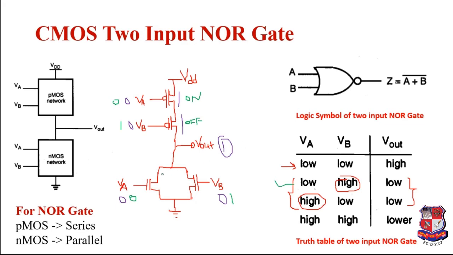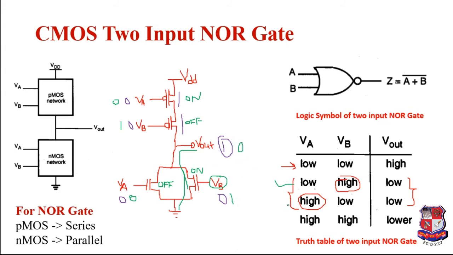But if you observe the NMOS transistor, this VA will be off just because of logic 0 at the gate terminal. So this is off. However, this VB transistor will be turned on as we have a logic 1 at the input of this gate terminal, and it is short circuited, and therefore we have a path from this Vout to this ground and our output will become 0.